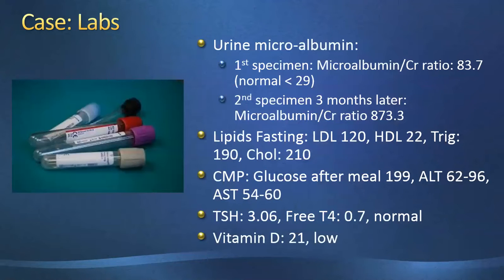You can see the LDL here is 120, and cholesterol was 210. Triglycerides were 190, and this is a fasting sample. And then you can see that good cholesterol is also tanking at 22, probably a reflection of both inheritance and sedentary lifestyle. And then on our CMP, we've got that typical